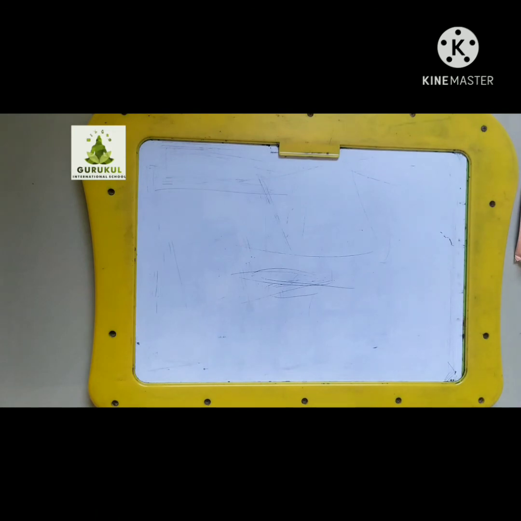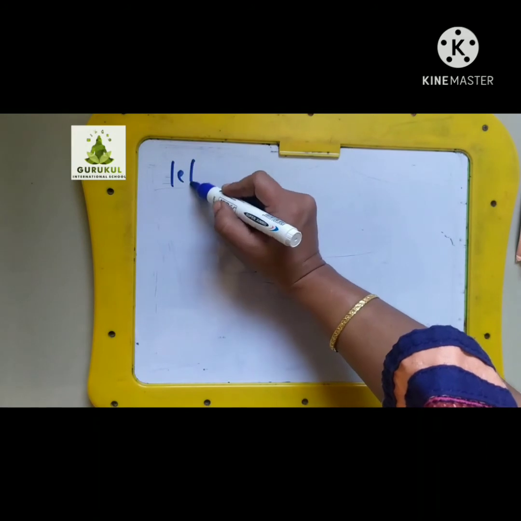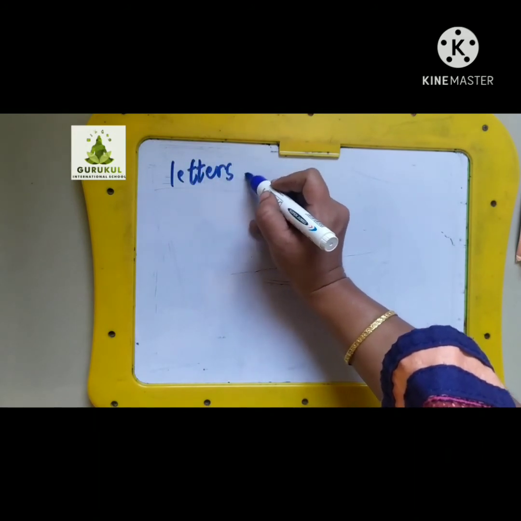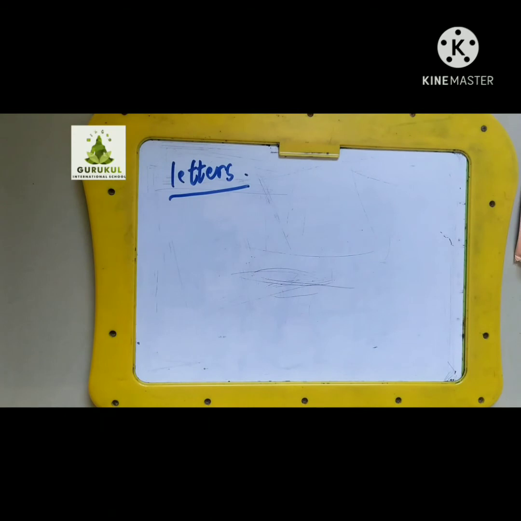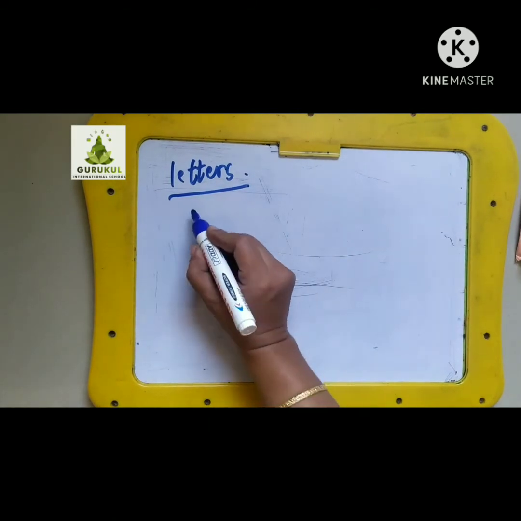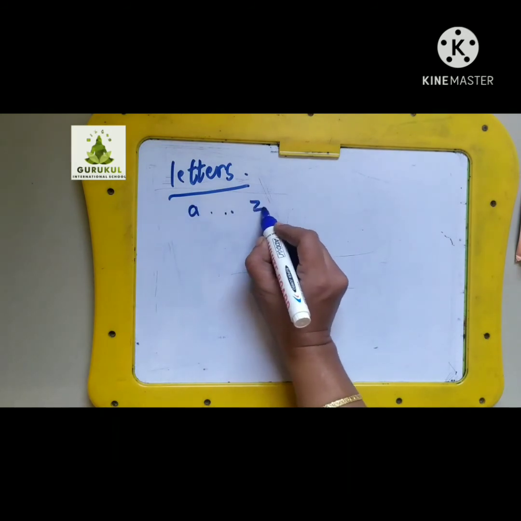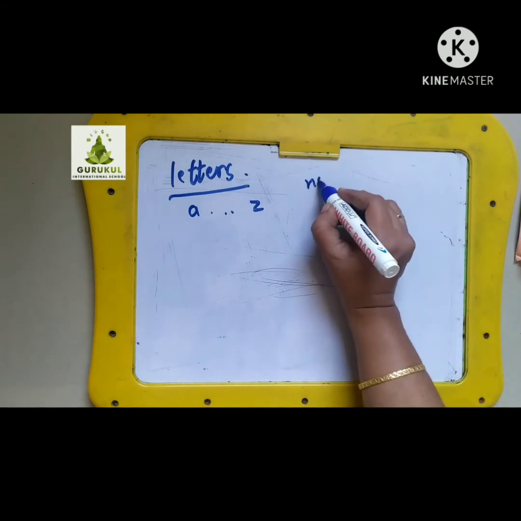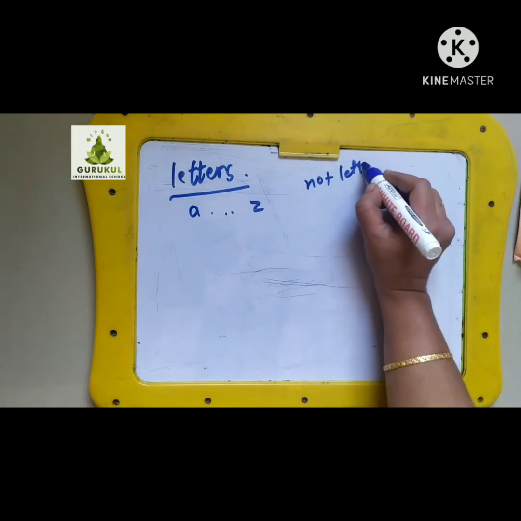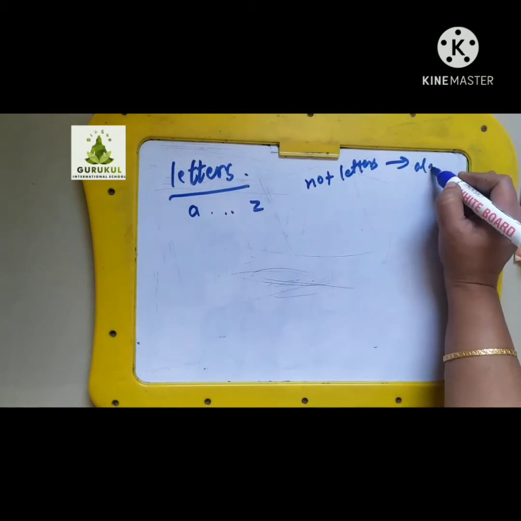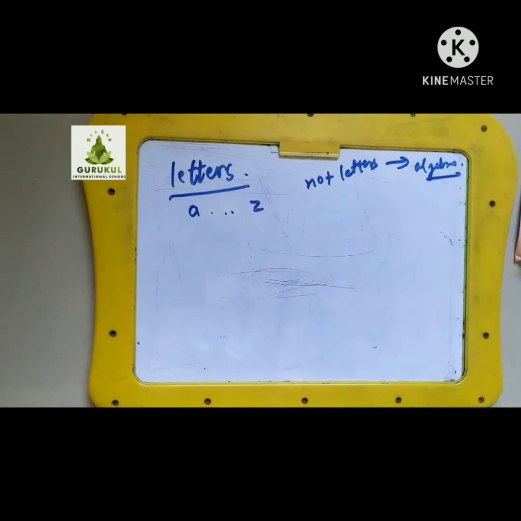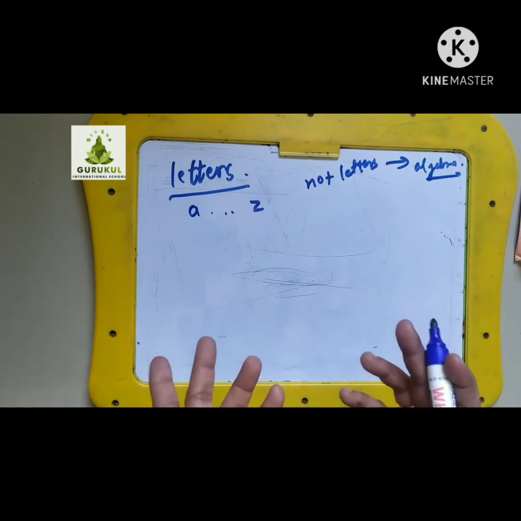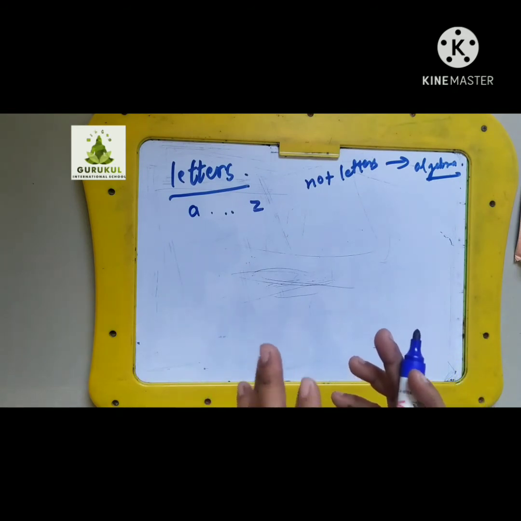Now let's come to the next important part, where you see how letters are used along with our numbers. Now see, we are going to use the small case alphabets, from a to z, any we can use. This mixture of numbers plus letters is your algebra. Okay. Now here we get an understanding of how numbers can be written along with the letters.